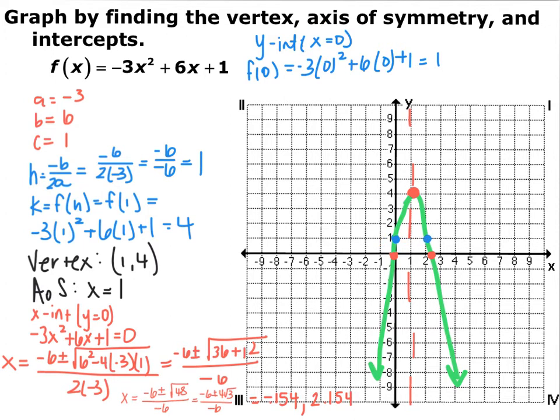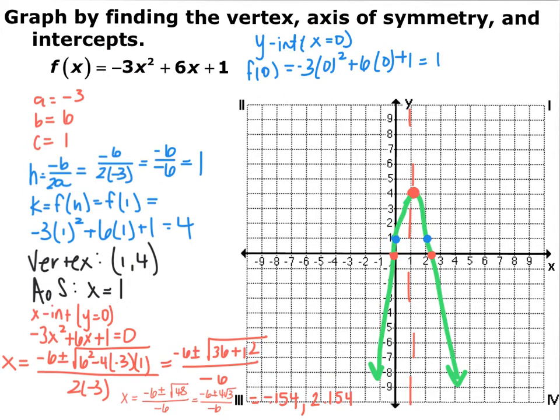The x-intercepts are when y equals 0. A little bit more difficult. I did the quadratic formula, and once I got to this point, I plugged it in my calculator. You end up with negative 0.154 and 2.154. So those are those 2 points right there. And then I followed the points and came down. We knew it was down anyways because it had a negative out in front, so it had to come down